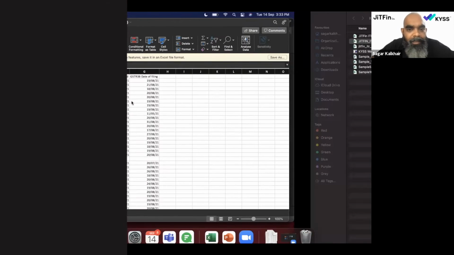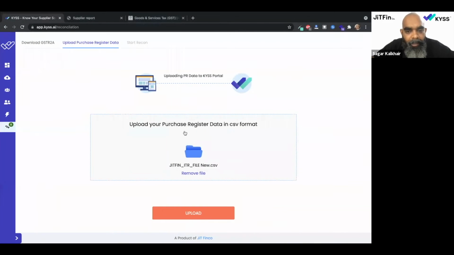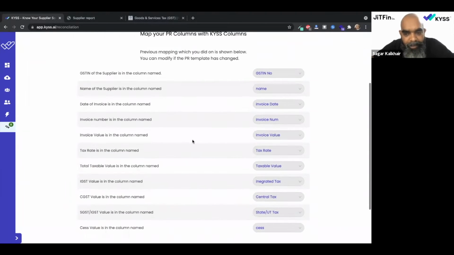So what I'll do is I'll just use this demo file that I have and upload this. So I just drag and drop this there, and I click on upload. Now, there was some validation that was being run to check whether the data is understandable, whether the CSV uploaded is corrupt, or whether it's safe. Right. And what you see on your screen is the mapping screen.